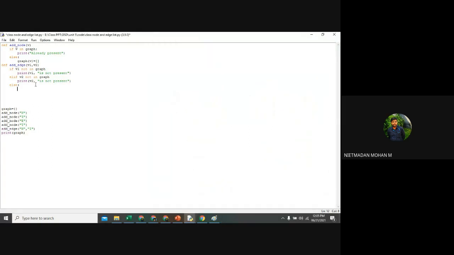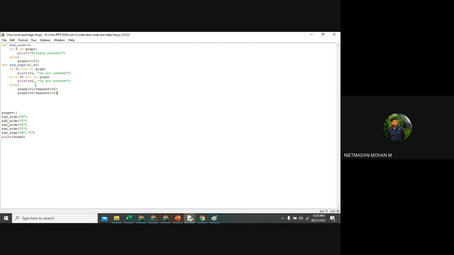For this, we are using a simple concept. Graph of V1 will append V2. Next, graph of V2 will append V1. Are you getting this? Yes, sir.